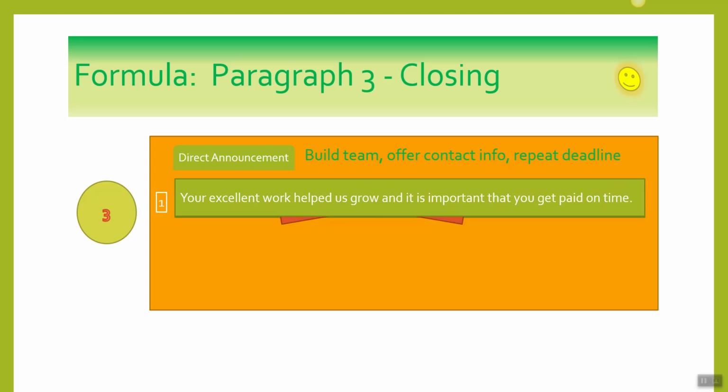All of those things would be a compliment to them and tie back into the reason why we made the change, which is we've grown, and why we want to make sure they get paid. So it's really about them. That first sentence is about them, and you're kind of appreciating them. Without using the I, notice I started with the your, so that it feels like it's about them, and doesn't feel like it's about you.